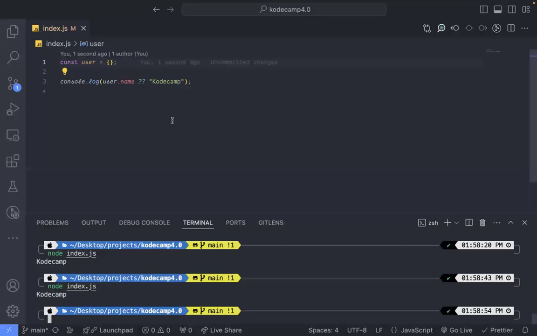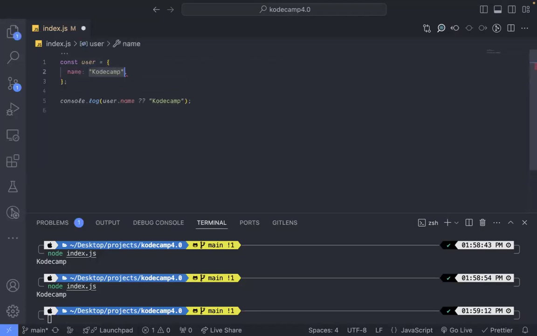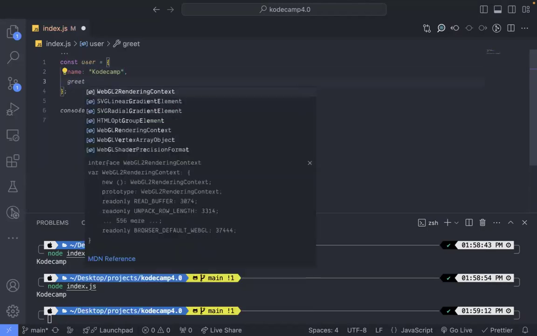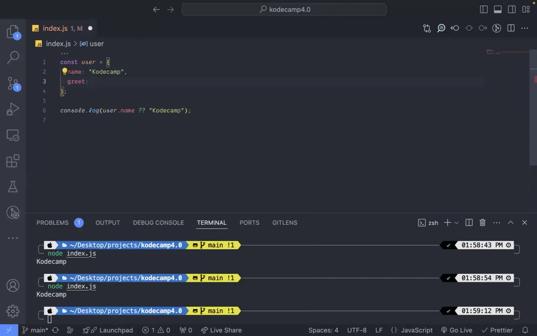user.name, okay. So this is an object with no inner name property. Okay, let's say user n like this. KodeCamp. Okay, let's say we have greet. This is our name KodeCamp, and we have the method greet. So greet is simply a function